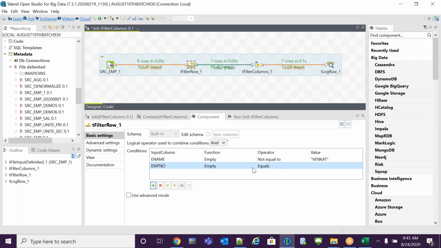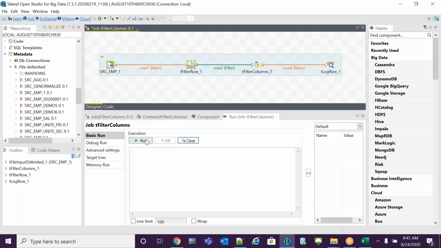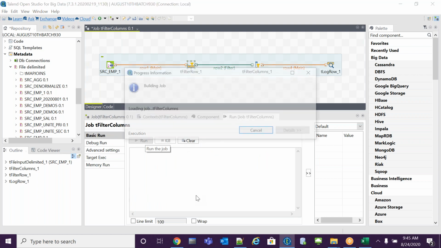You can give multiple conditions: ename equal to, select the OR condition. Let DEPT number equal to, so assume that employee number equal to some value 101. You can use any condition.